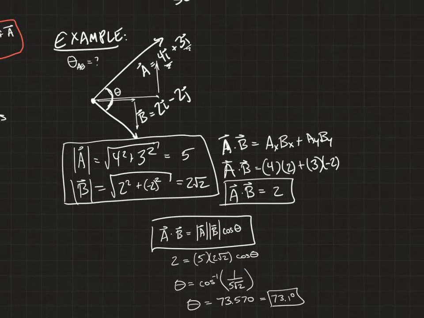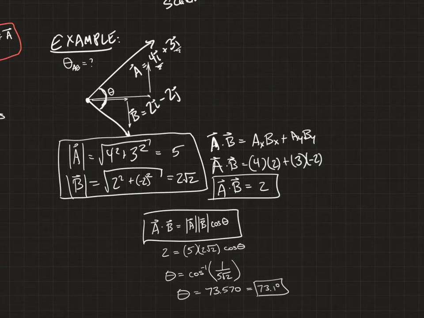So if I had been looking for theta, and this was theta from A to B, the way I've written it. Okay, so let's suppose theta is going that way. Would I have gotten the same thing if I had gone theta this way? Or would I have gotten a negative sign? Well, let's think about it. I don't even think we need to do the whole thing. But let's suppose I did B dot A